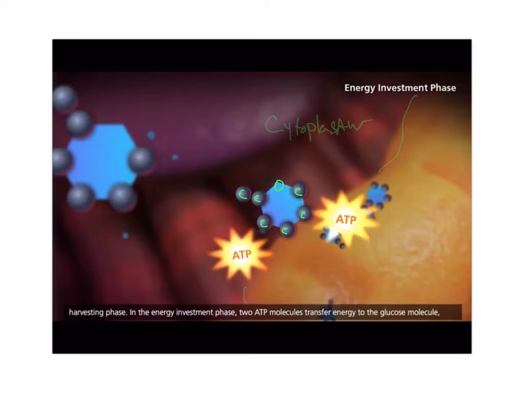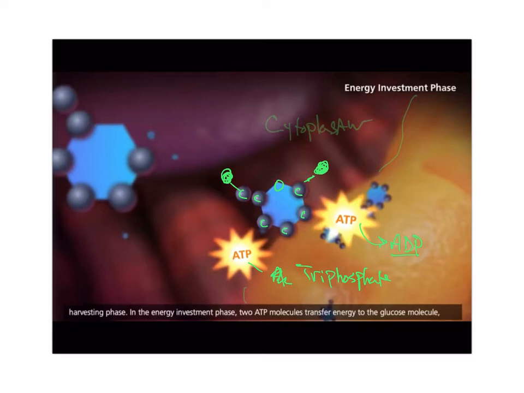And you may remember from class that ATP, adenosine triphosphate, well, I won't write the whole thing, but just say this is TRIPHOS. So that means there are 3 phosphates here, and what you're just about to see is ATP is going to turn into ADP, and it's going to lose one of the phosphates, and the phosphate is going to connect to the sugar molecule. And so when the energy investment phase occurs,